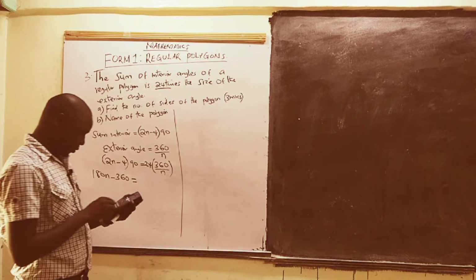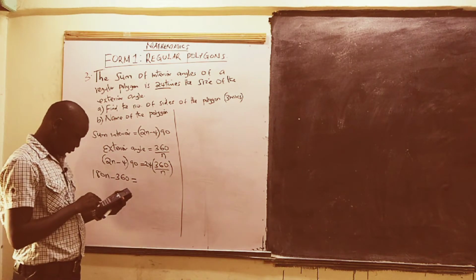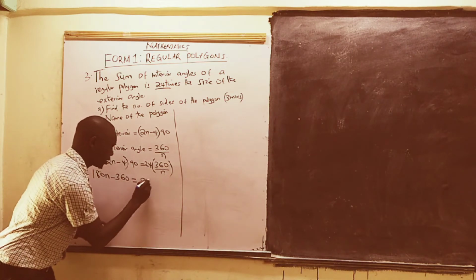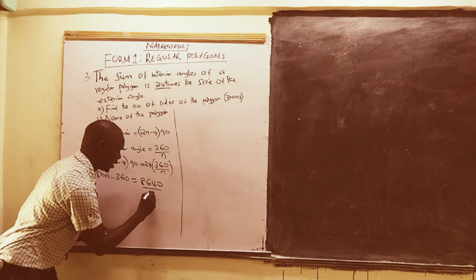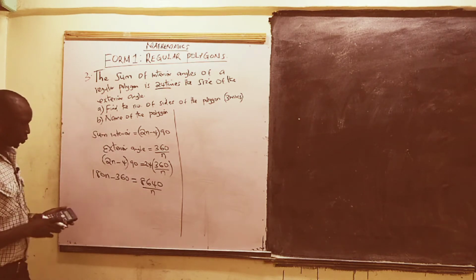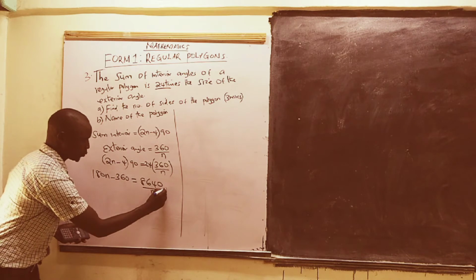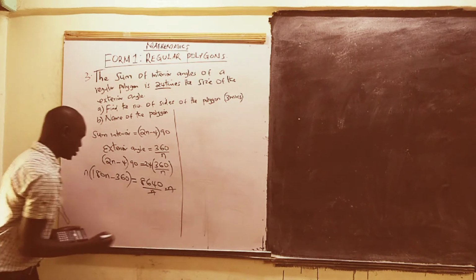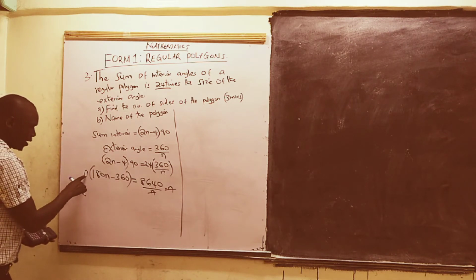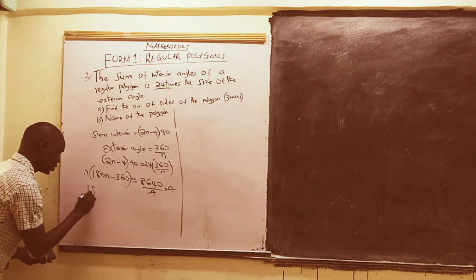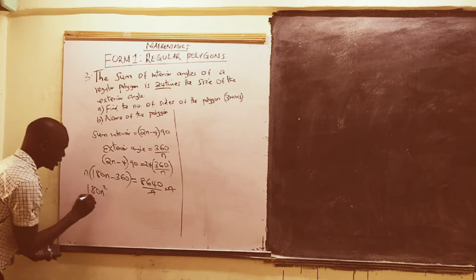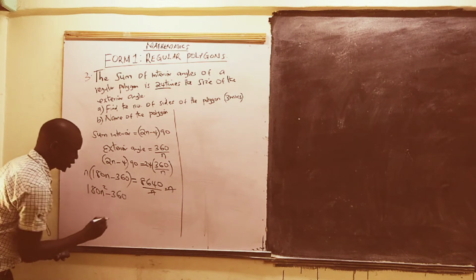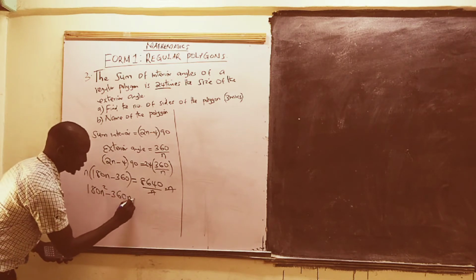This one is going to give us 8640 divided by n. So to get rid of this n, if we multiply each side by n, then here by n, this one and this one go, and therefore we have n times 180, which is going to give us 180n squared. Then n times minus 360 will give us minus 360n, which is equivalent to